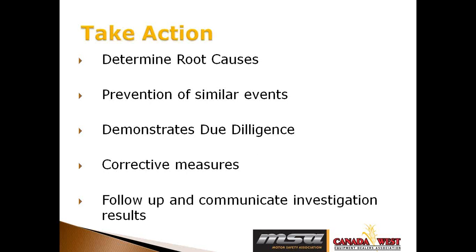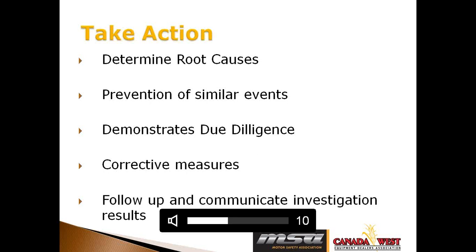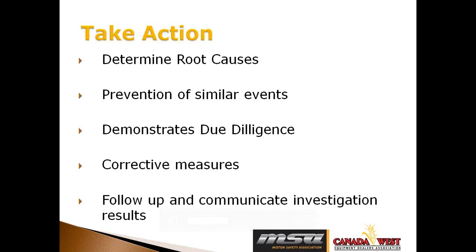Corrective measures. You want to roll those corrective measures out as soon as possible. We spoke about the short-term events and long-term controls that you can put into place to correct those measures so that the event doesn't happen. So take action with your results from the investigation. Don't just file it and ignore it. Look at that investigation report and those causes and see what you can do with the short-term and long-term plan